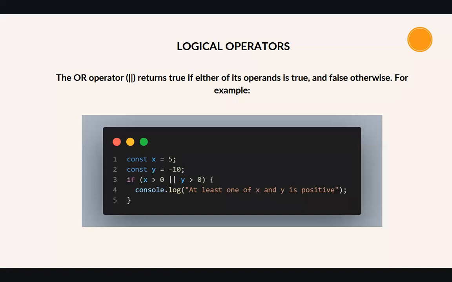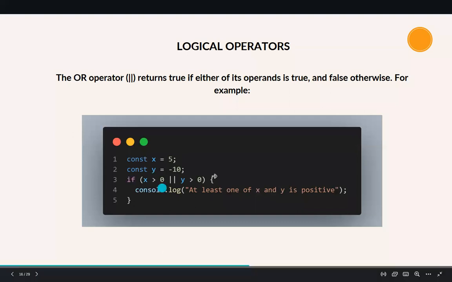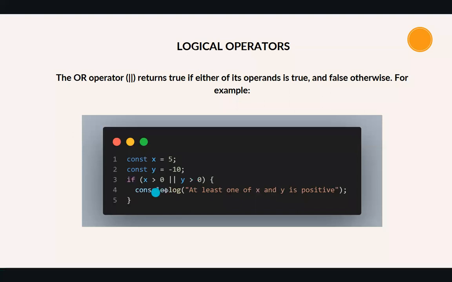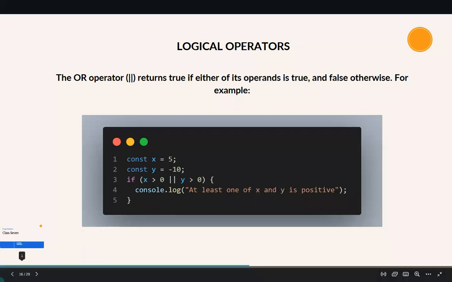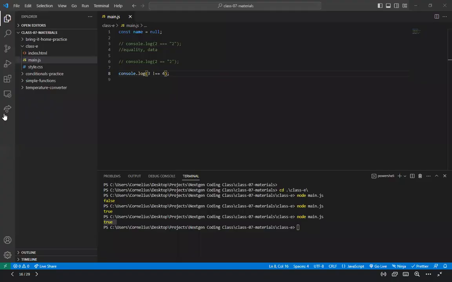So when you use the or operator, it just means that as long as one of them is true, run whatever we tell it to run. So you use or to, yeah, it returns true if either of the operands is true. So an example can be, let's say we want to go out, but they said one of you has to be 18. So I can say, if Kofi is 18 or